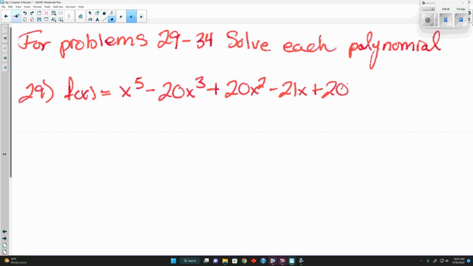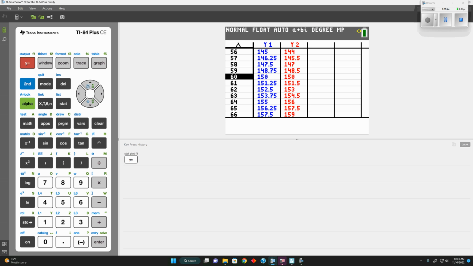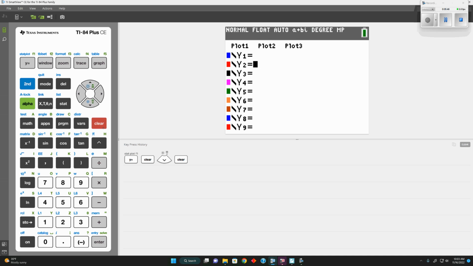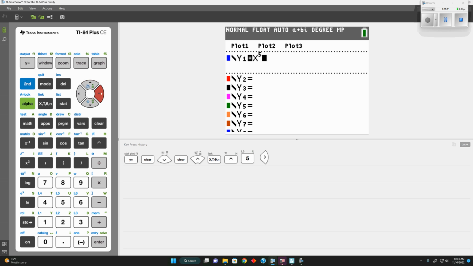And when we solve any of these, for this one here, how many solutions am I hoping to find? 5, because the degree is 5. Because if we can find 5 solutions, we're done. So the first thing I would do is graph it. So we can say x to the 5th minus 20x to the 3rd plus 20x squared